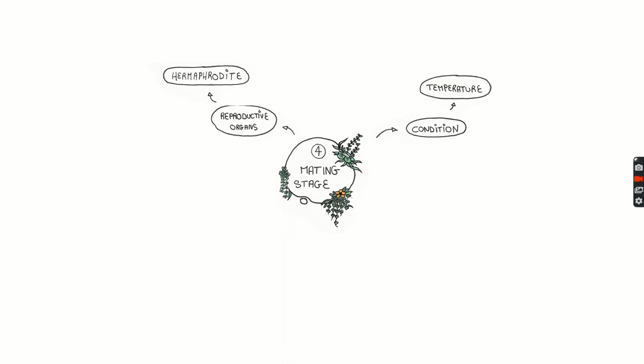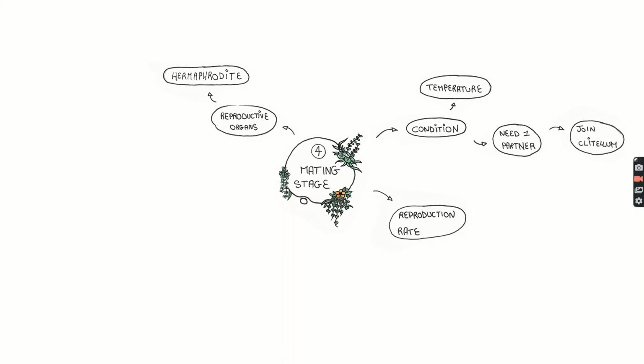The condition for the mating stage to activate is again the temperature, and although they are hermaphrodite, they still need one partner to reproduce, and this reproduction will happen by the two worms joining their clitellum and having their heads pointing in the opposite direction. After they detach, this will fertilize the eggs, and then this clitellum will detach itself from the worm and form